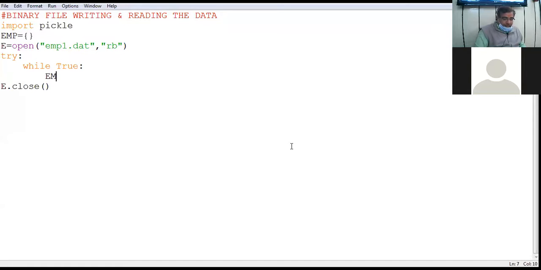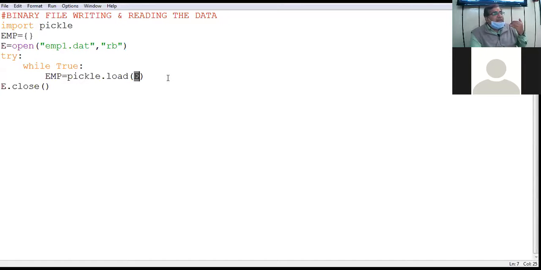I am reading the record from the binary file using the load function. See here, the command to read the data from the binary file: pickle.load, and in the brackets of load, you pass your file object as parameter.